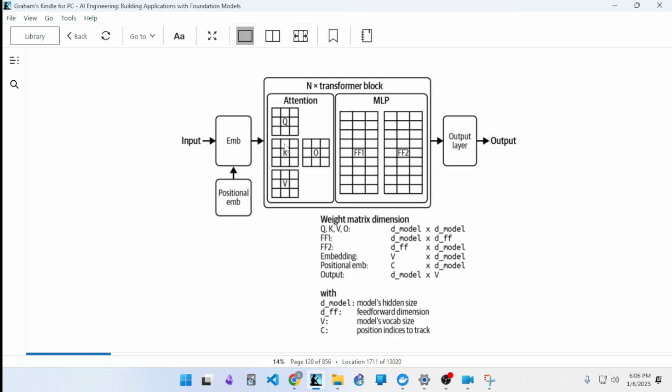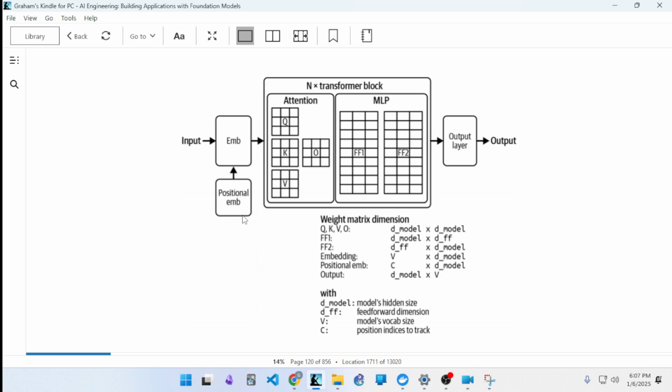Yeah, so we've got the input and then the output. We've also got a positional EMB, which is C times D model, whatever that means. That's not explained anywhere. Okay, so C is the position indices to track, and D model is the model's hidden size. So the EMB takes the input and the positional EMB. The positional EMB is the position indices to track multiplied by the model's hidden size, and then the EMB itself is the